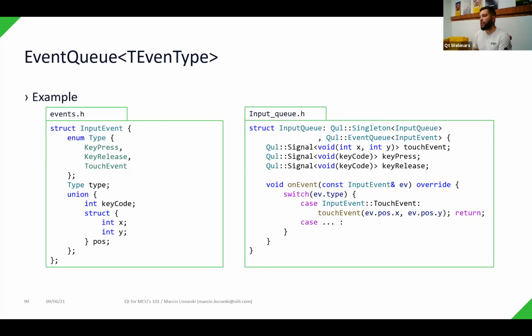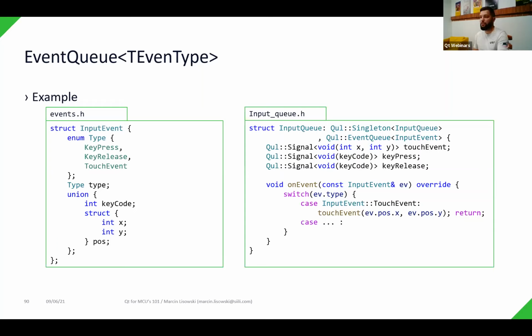And on the right side, there is a definition of the whole queue, which is the input queue. Of course, it inherits the event queue with a type input event from the left, and as well for the utility, it also inherits the singleton at the same time to make it globally visible for the whole QML part of your app. This exposes some signals that you can watch in your other QML components, for example, for key press, key release, or touch event. Of course, you can distribute that event to other C++ parts of your code that can be not related really to the